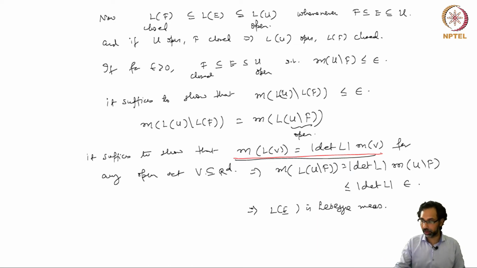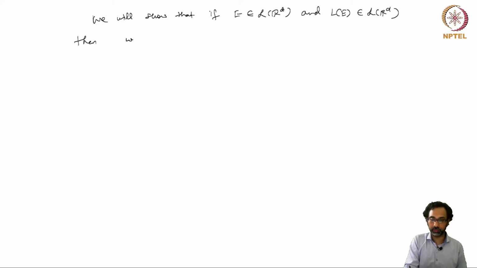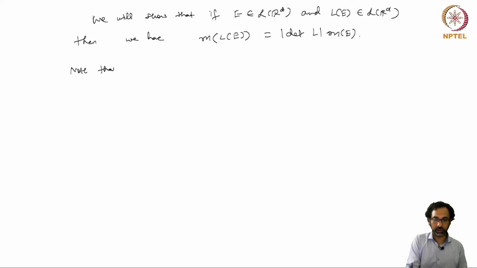In fact, we are going to show something even stronger, which is that if E belongs to the Lebesgue measurable sets and LE belongs to the Lebesgue measurable sets, then we have that the measure of LE is equal to the modulus of the determinant of L times m of E. So how do we show this? So note that